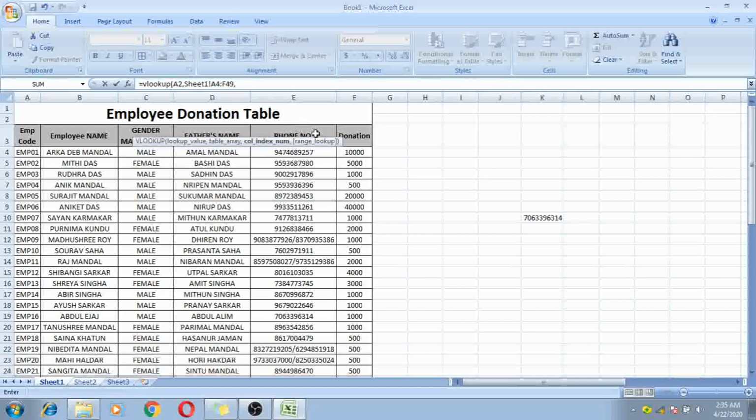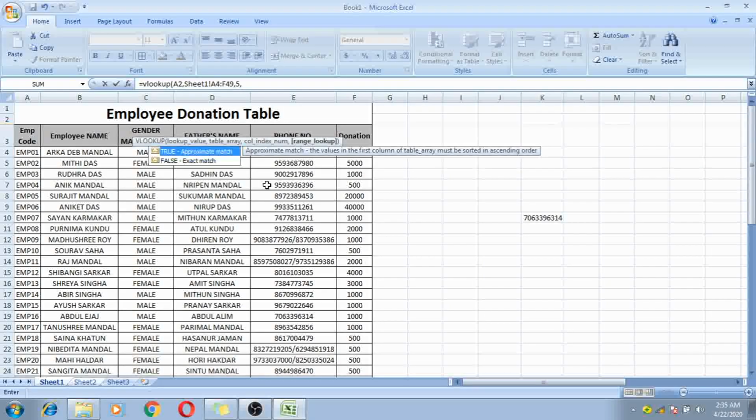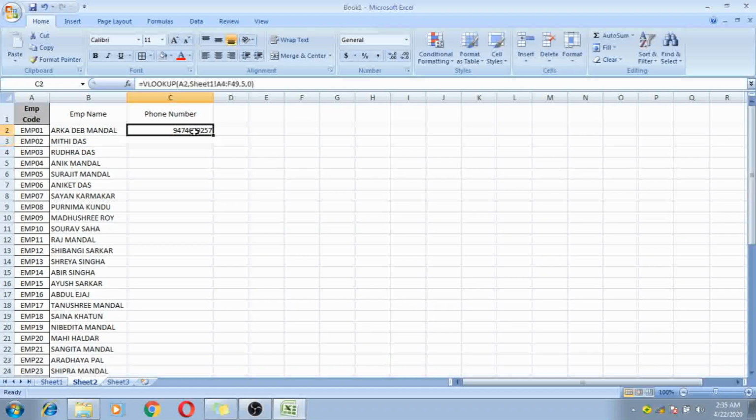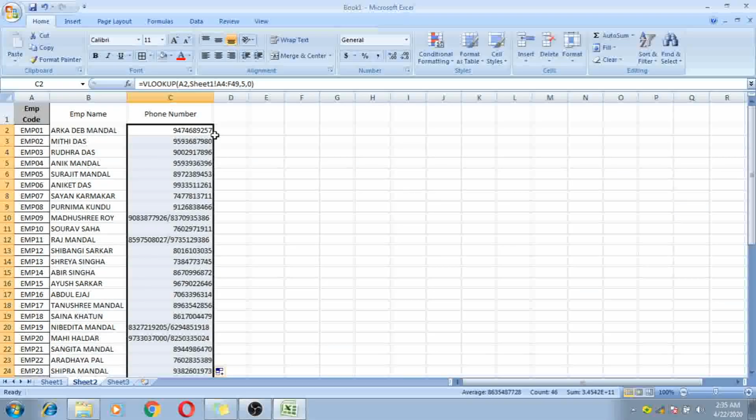The phone number column index number is 5, so 1 2 3 4 5, give 5 here, then comma, for exact match give 0, then bracket close, then again enter. So the phone number will also come, then drag it to the end of the column.